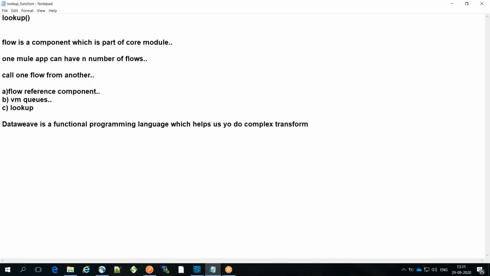One of the biggest differentiators in MuleSoft compared to any other integration tool is DataWeave. DataWeave is so powerful. There are so many out-of-the-box functions which help you write very complex logic with ease. But it's very important to know a few functions in DataWeave which we get to use very frequently, and one of those functions is the lookup function.